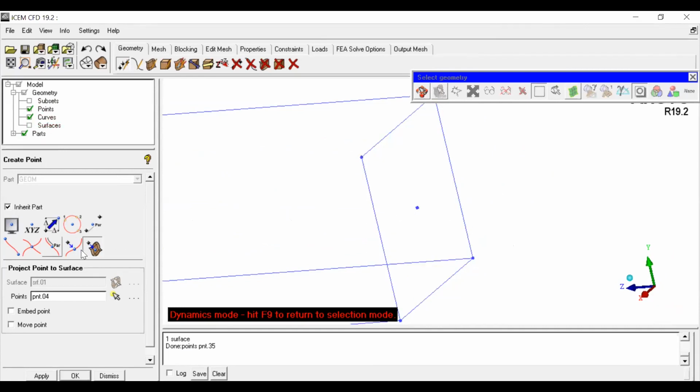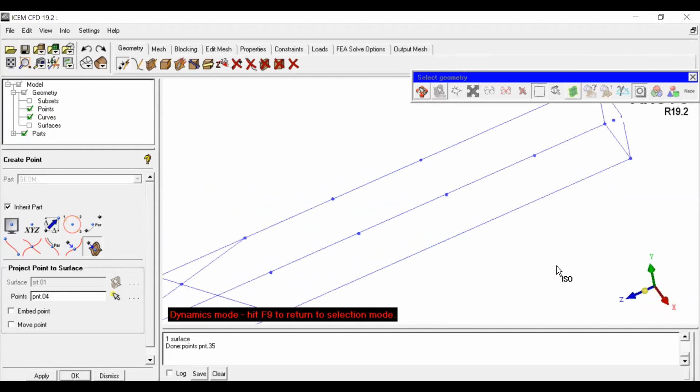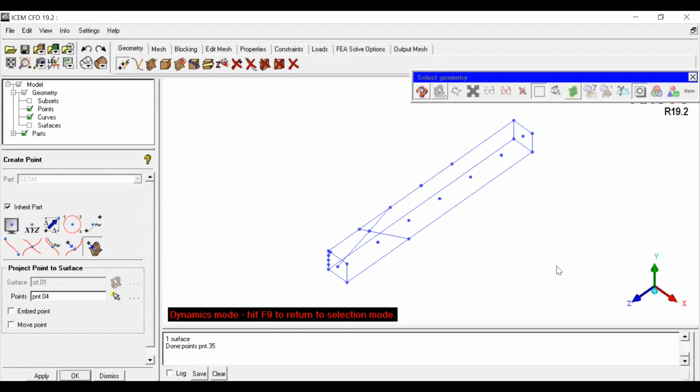Right. So these are the various commands that will be useful to transfer one point to another point, like one coordinate to another coordinate, so that whatever the complexity of the geometry, even if it involves various curves and some intersections, you can easily generate it using the points command.